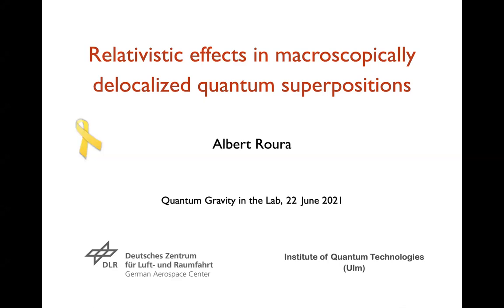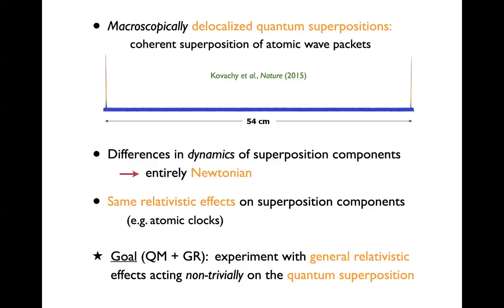Let me start by briefly motivating the topic. Nowadays, it's really impressive experimentally what macroscopically delocalized quantum superpositions can be achieved. One remarkable example is the experiments in the 10-meter atomic fountain in Stanford, where they are able to generate superpositions of atomic wave packets separated by more than half a meter. And then they are able to redirect them, recombine them, and show quantum coherence by looking at the interference